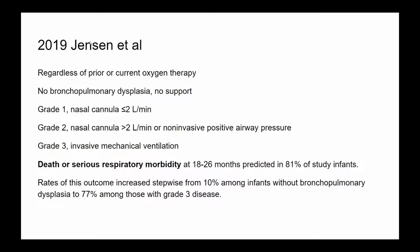In 2019, Jensen et al. modified that. He looked at whether the 2018 criteria holds good or not. What we are looking at is when the baby is 18 months of age or 24 months of age, do they still have respiratory problems? That is what they are looking at. They are trying to see whether this classification of BPD helps us to predict later respiratory morbidity in the child. So they did a study based on that previous classification, and they said, just forget about the